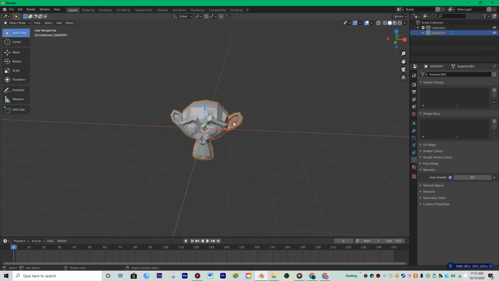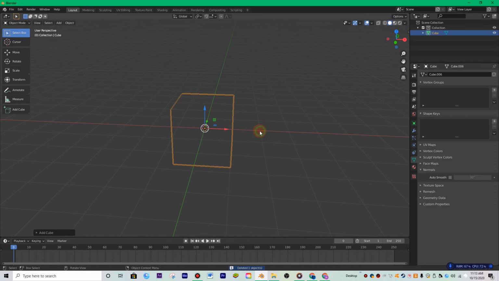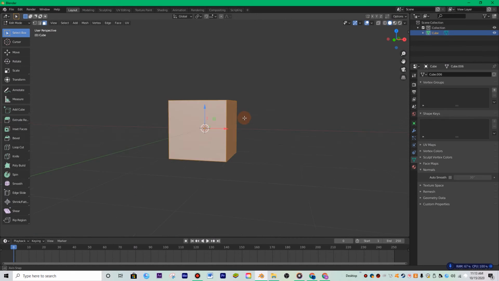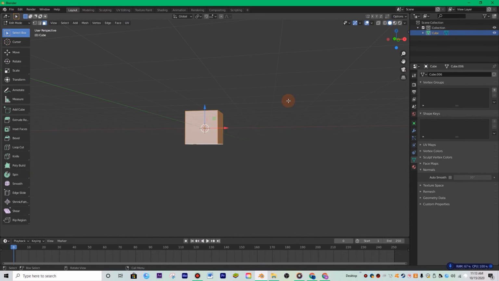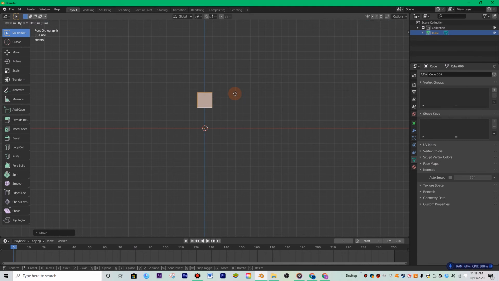I'm just going to teach you guys how to model something really quickly. I don't even know what I'm going to model. Let's see, what can I model? Probably Steve from Minecraft. So I'm just gonna hit A to select everything, 1 for the front view, and bring it up some more by hitting G X,